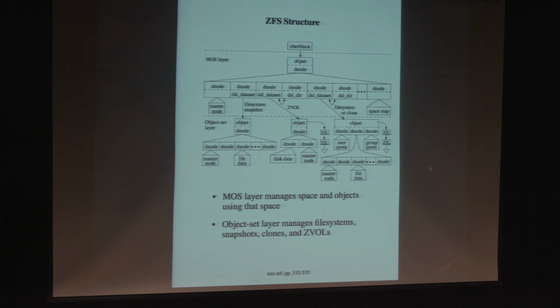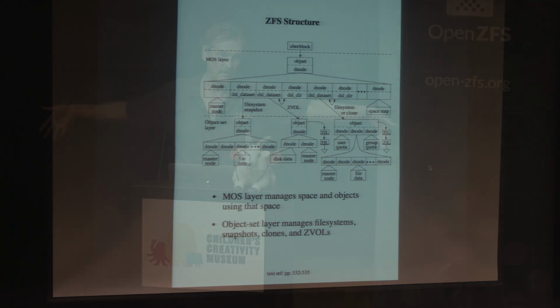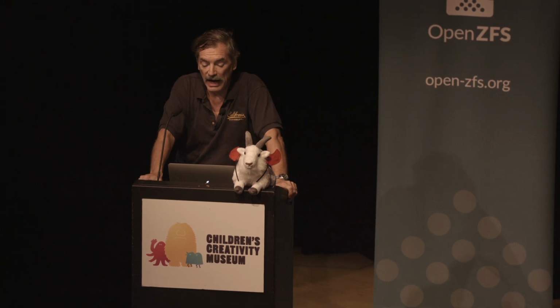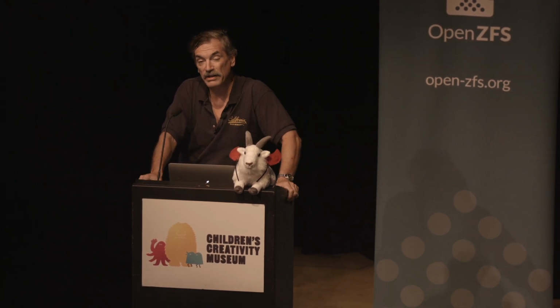You'll see to the left of the file system here, there's a ZVol. A ZVol is a thing that looks sort of like a raw disk, if you will, except it's a raw disk that has nice properties, like you can take a snapshot of it, you can clone it, and the usual stuff. It has only two dnodes associated with it. One describes the thing that makes up the raw disk partition, and of course its master node. And unlike most raw disks, if you need it to be bigger, it's like, oops, I didn't make that big enough.